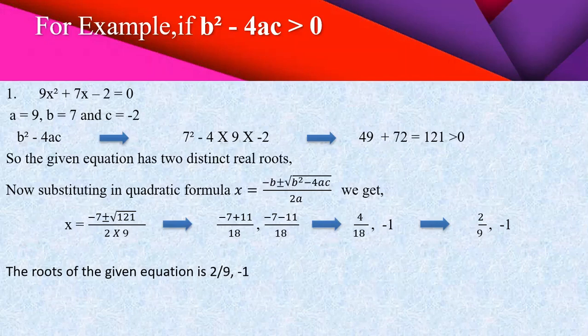And the roots are obtained using the quadratic formula, minus b plus or minus root of b square minus 4ac by 2a. So x equals minus 7 plus or minus root 121 by 2 into 9, which is minus 7 plus 11 by 18, that is 4 by 18. After simplification you will get 2 by 9, and minus 7 minus 11 by 18, which is minus 18 by 18 equals minus 1. Therefore the roots of